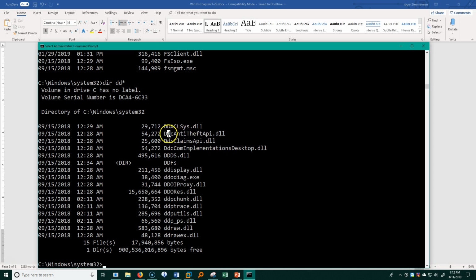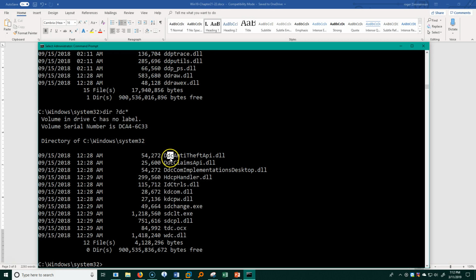Let's say that I want just the second and the third character DC, like that. Just the second and third characters, all of the files and folders, but I don't care what the first letter is, and I don't care what's after it. It's just got to be in the second and third location. Well, let's try this. dir, and then I'm going to put a question mark. Question mark means one and only one character. It does not mean 0 characters, so it wouldn't give me anything that starts with DC. So it means one and only, and then I'm going to do DC in the second and third location, and then anything after that with the asterisk. Let's try that. And sure enough, DC, DC, DC, and so on.